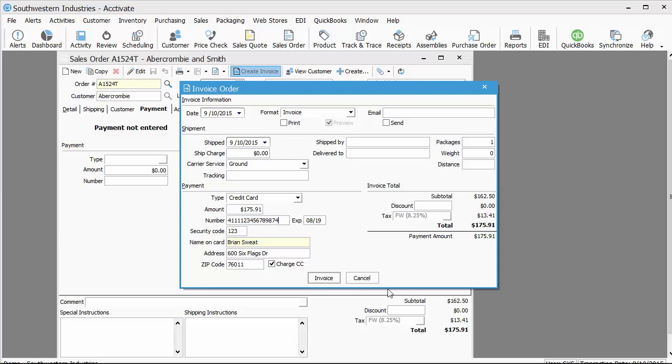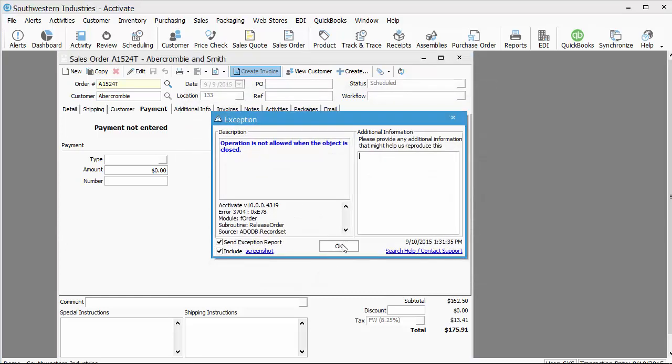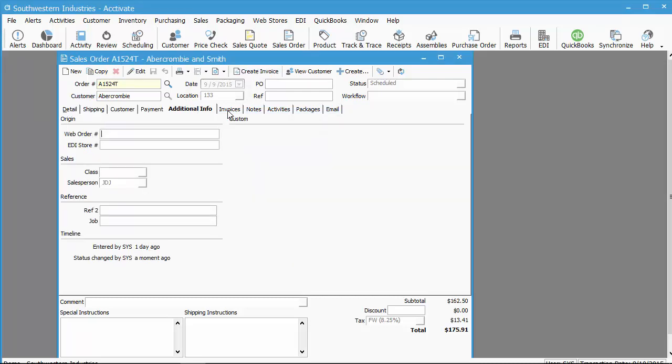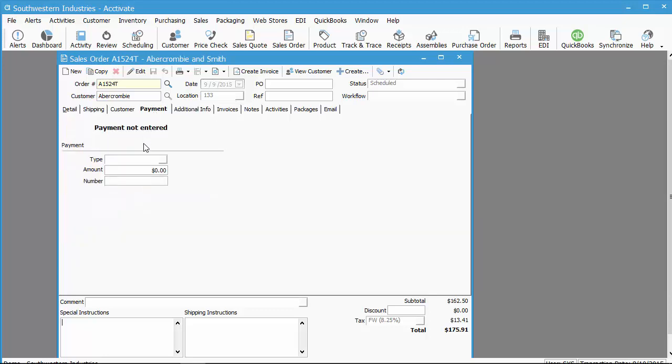Let's see if this one's better. Oh, it didn't work. Okay, well, that's what happens in demos. So I have a dummy account set up. It's not a real account. So I think I may have lost my settings on that. So anyways, the payment information will be there for those of you that do set up Authorize.net, but we can